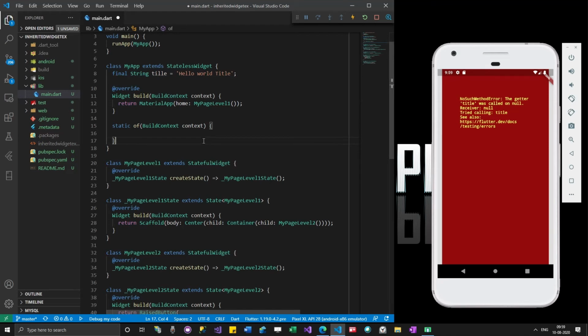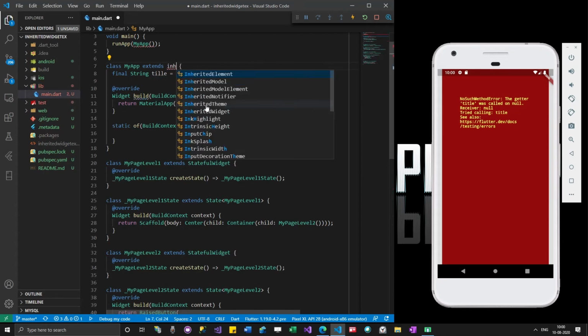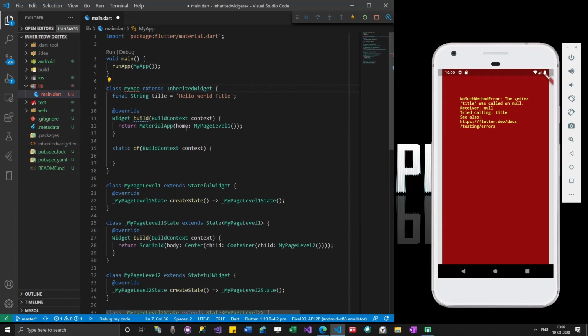If you go through the inherited widgets documentation, what they say is you have to use something like depend on inherited widget. First of all, instead of stateless widget here we have to use an inherited widget. But the problem is we can't pass an inherited widget here.